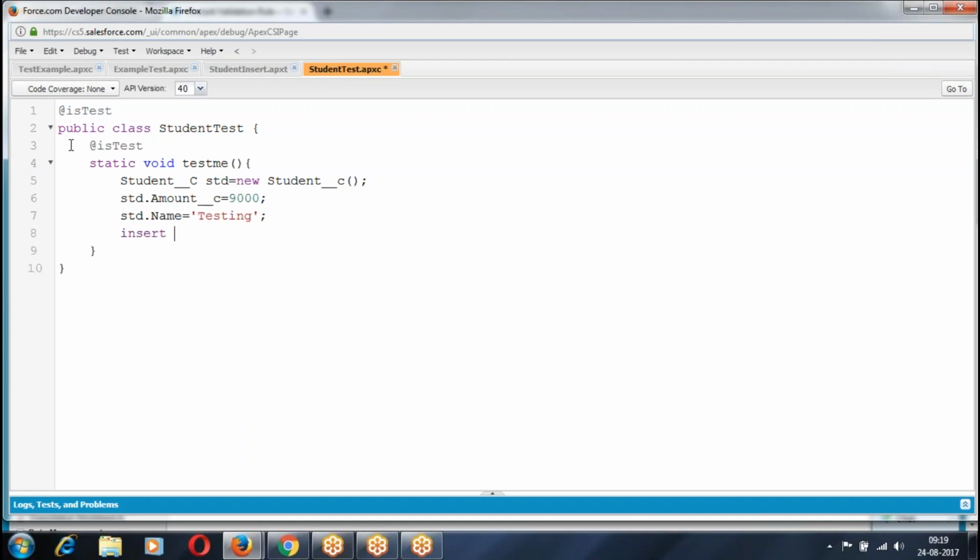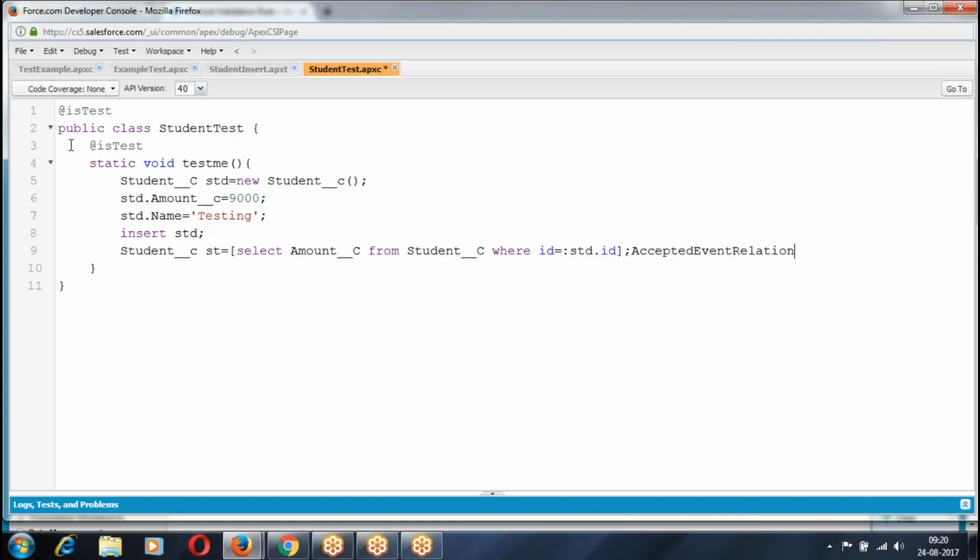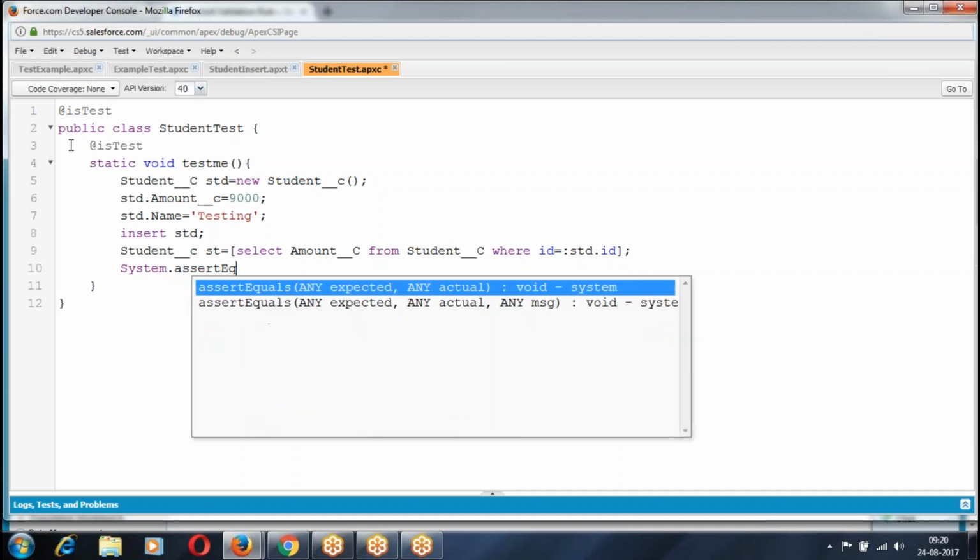I give insert. When you give insert HTTP, now if everything is working fine, trigger is running properly, select mail ID equal to. If trigger is working properly, then system dot asset equals